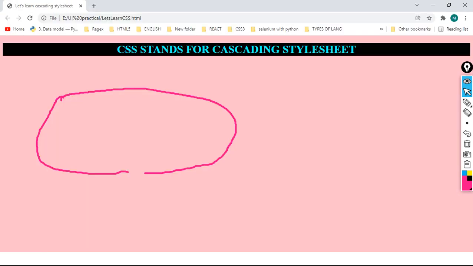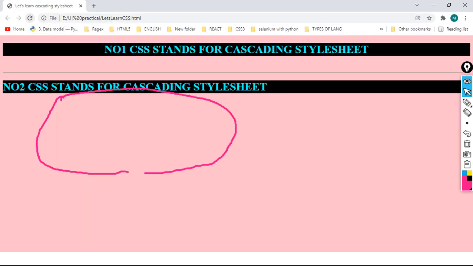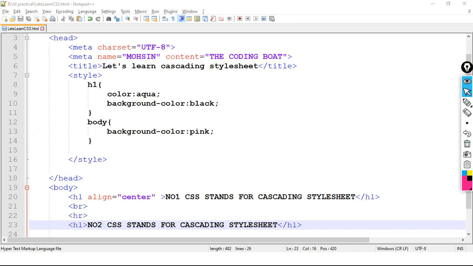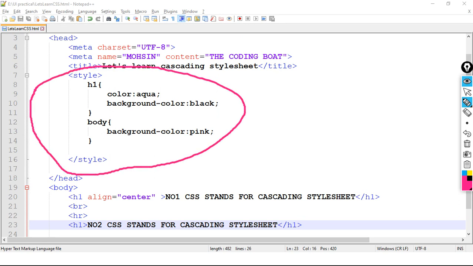Now what will happen? See, observe carefully. For both h1 tags, this style, which is internal style, is applicable.